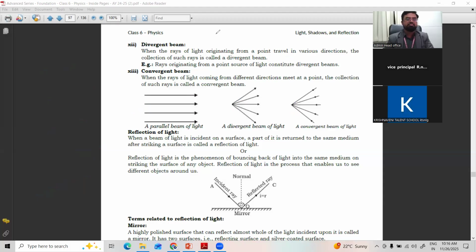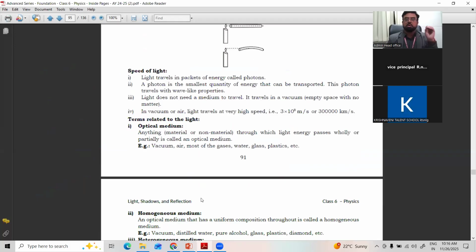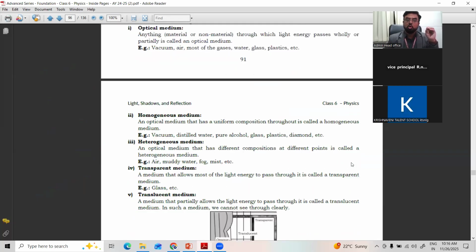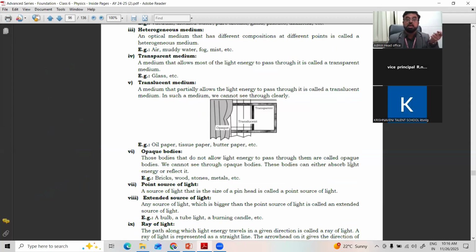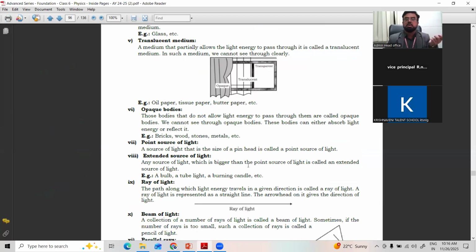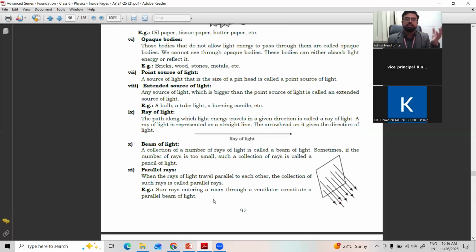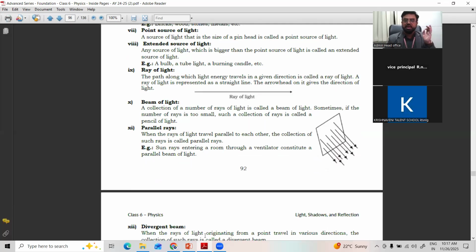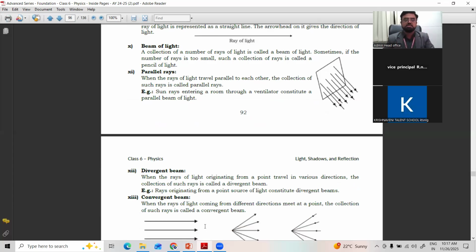So these are the total 13 important terms given for understanding light. Wonderful. Starting from the first: optical medium, homogeneous medium, heterogeneous medium, transparent substance, translucent substance, opaque substance, point source, extended source, ray of light, beam of light, parallel beam of light,